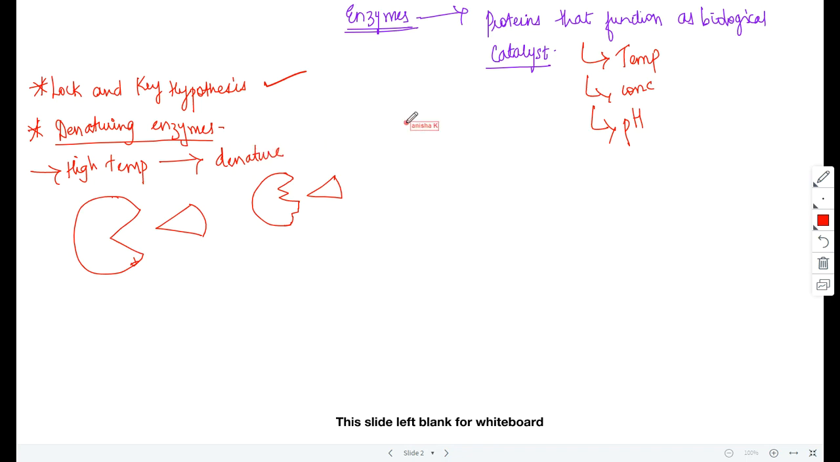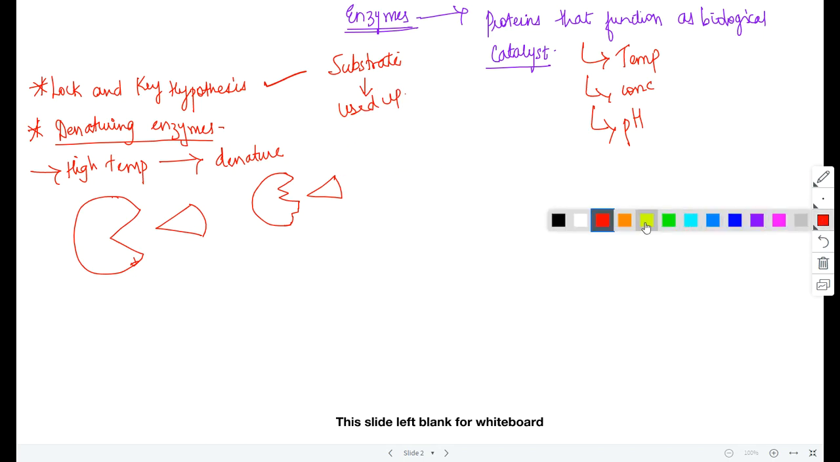Okay. Now I just told you there are different factors which are going to affect the enzymes, right? Now we are going to see one by one what is going to happen here. Now, whenever we're talking about the enzyme, the rate of enzyme catalyzed reaction depends upon the substrate which is being used up. Okay, and how are we going to calculate this? With the help of a formula that says